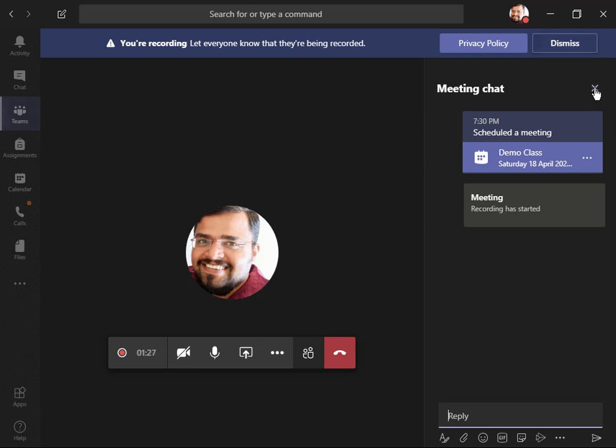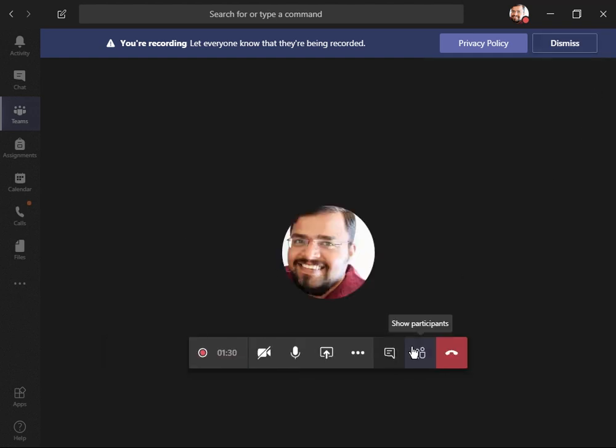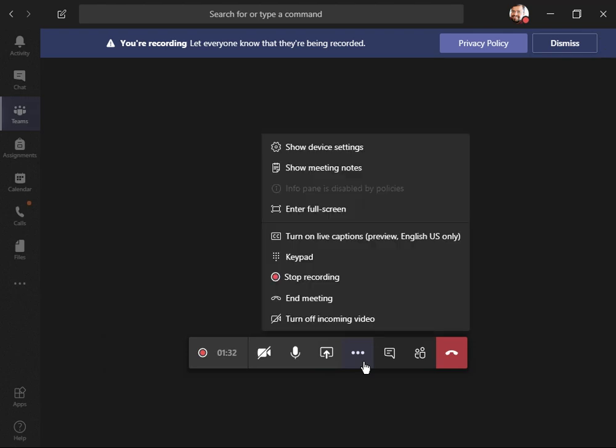Other than these three options, you can also take notes. An entire note window will open where you can type in notes for the meeting, and that will be shared with everyone once the meeting is over, and people can type in the notes in parallel.